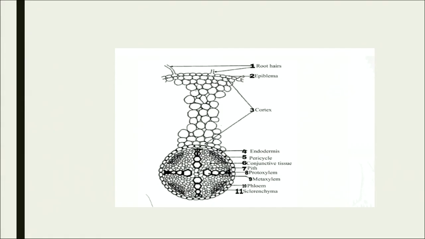It is the older xylem which has a large lumen, and protoxylem is comparatively new with smaller cells. And then there are patches of phloem in between the xylem tissue. This phloem is responsible for the movement of starch and sugars. All right, so let's move on to